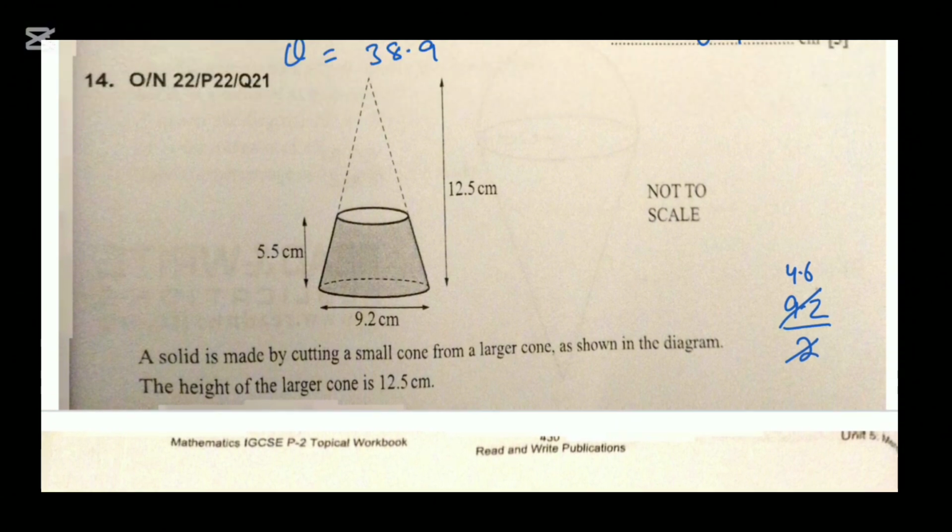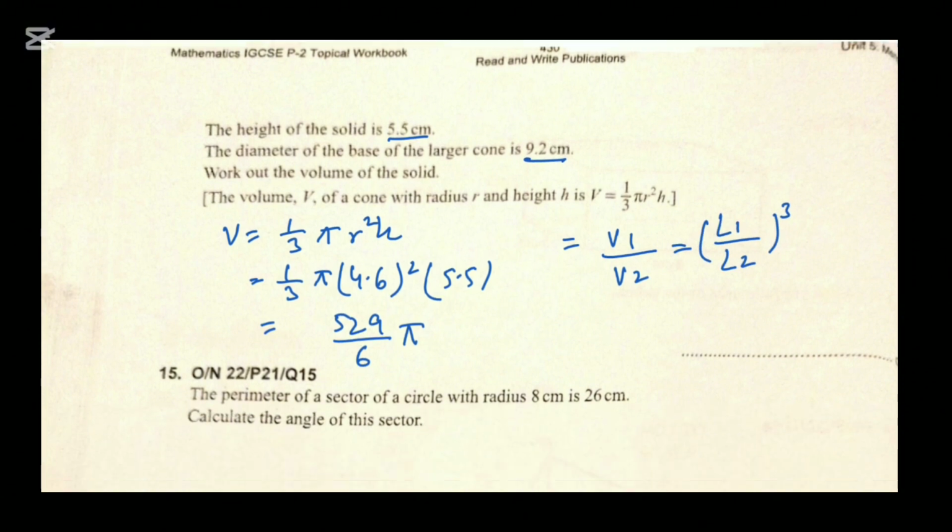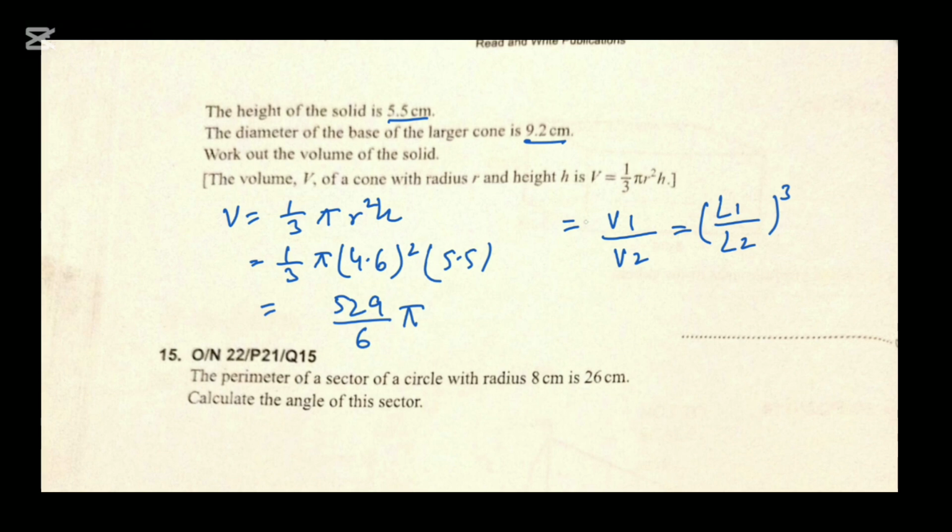As you know, these are similar cones, so you have to use the formula of similarity. Volume 1 over volume 2 is equal to length 1 over length 2 whole cube. This is the formula of similarity of volume of two similar shapes. So volume 1 is